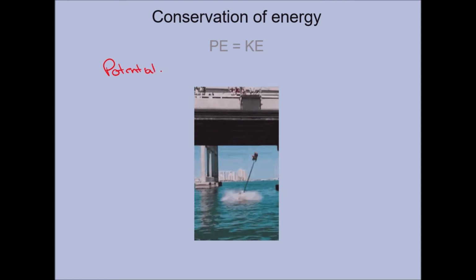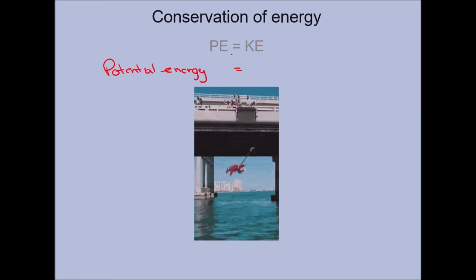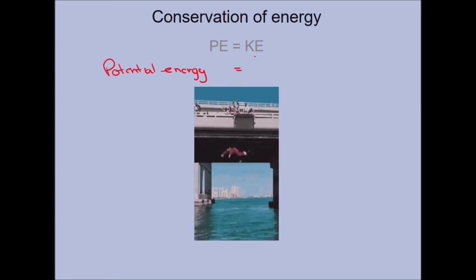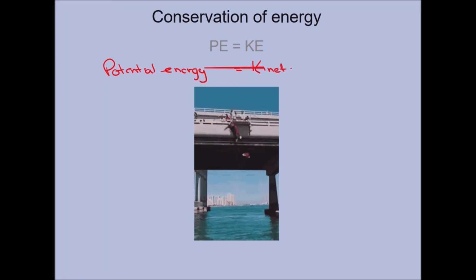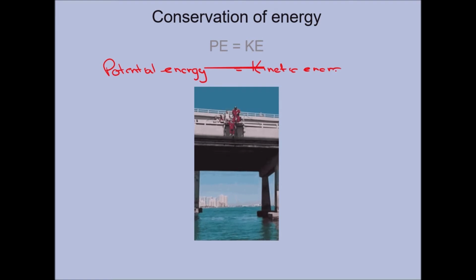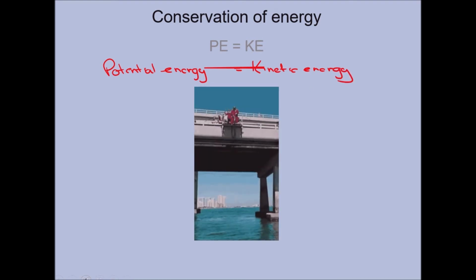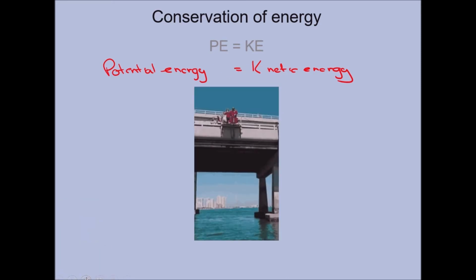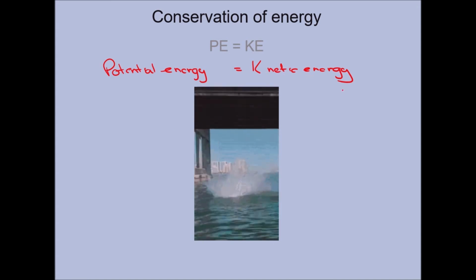So potential energy is the energy that's held within a body or a mass when it's at a specific height, and we'll come back to how we calculate this a little bit later. And kinetic energy we've got here. Kinetic energy is the energy within a body as it's moving. Okay, so we've got a clear difference between potential, objects that are not moving, and kinetic